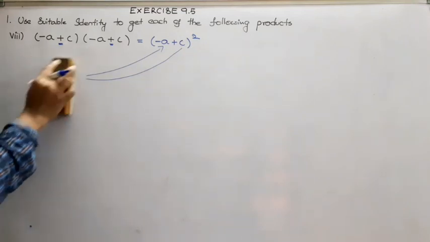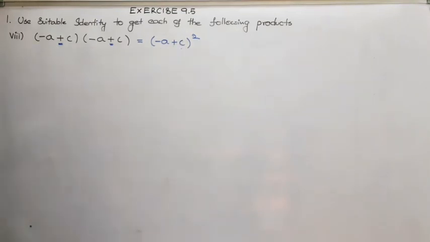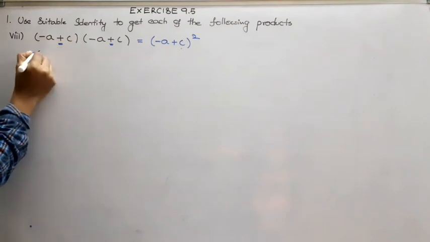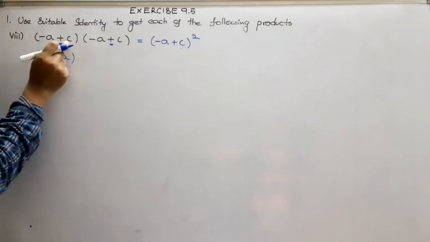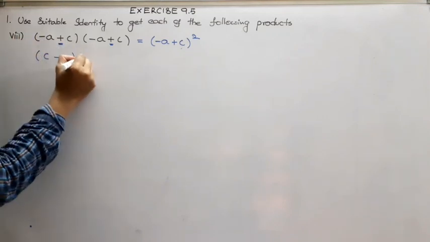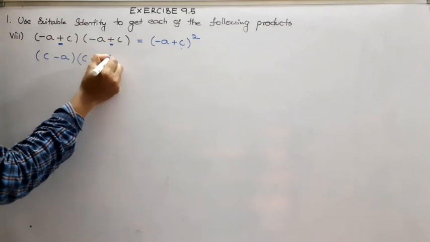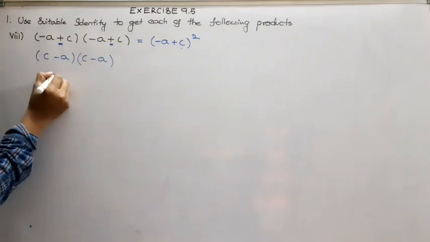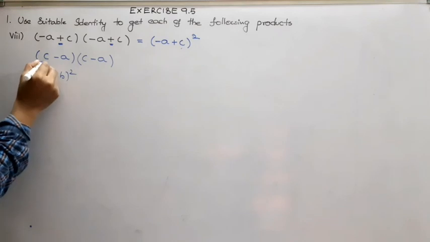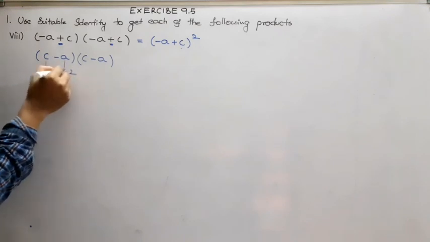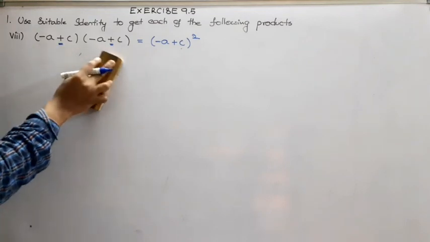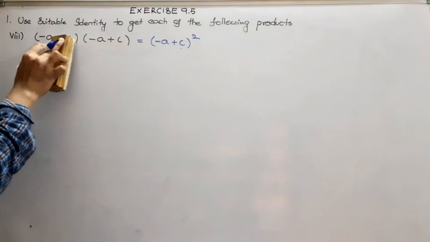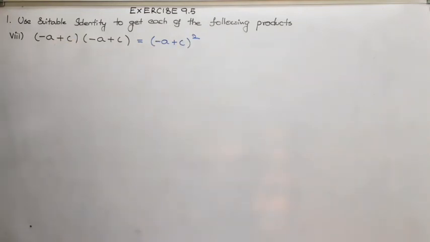Otherwise, look, if we interchange the terms as we did before, we can write this as c minus a, because by interchanging, plus c minus a. And here also we can write this as c minus a. Now it carries the form (a minus b) whole square, with c as a and a as b. In both the ways you will get the right answer. That's the beauty of this question. So I want to try with (minus a plus c) whole square.